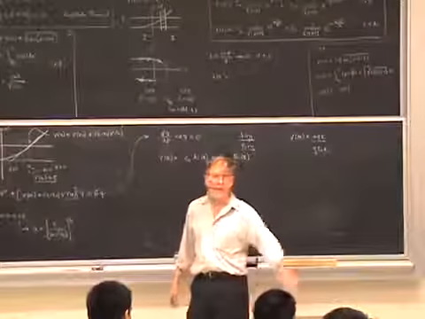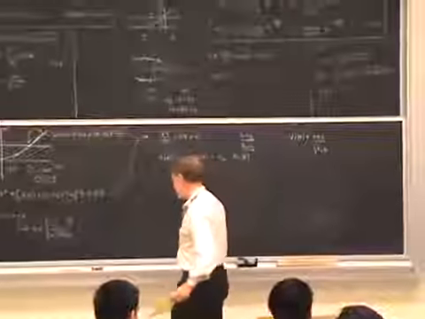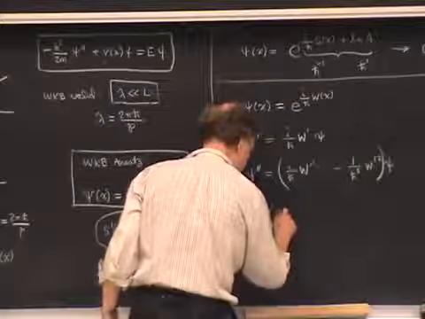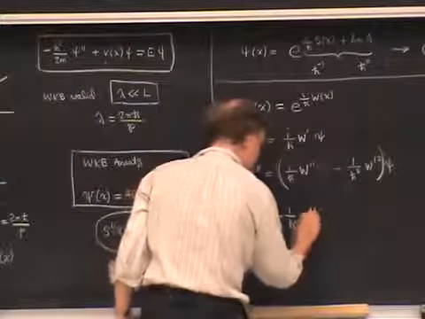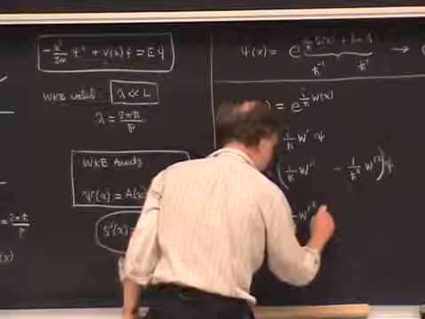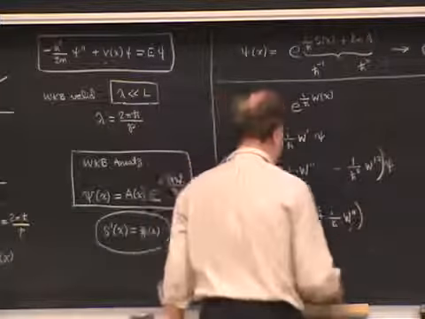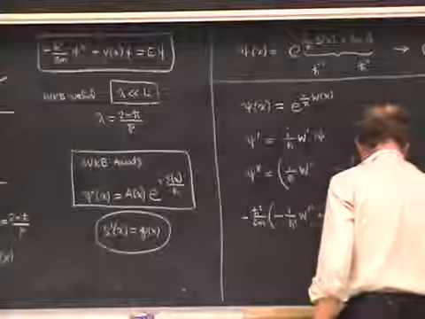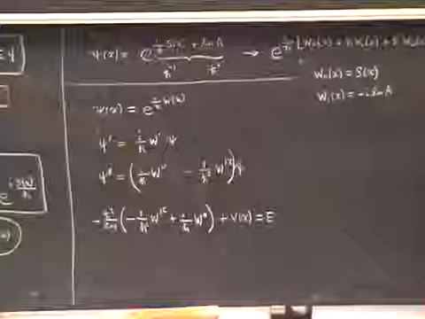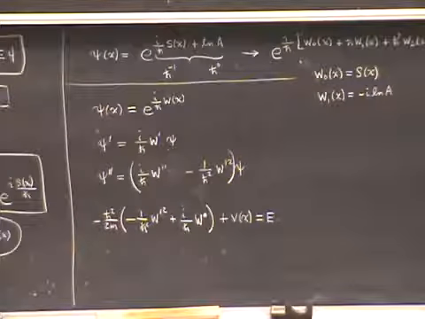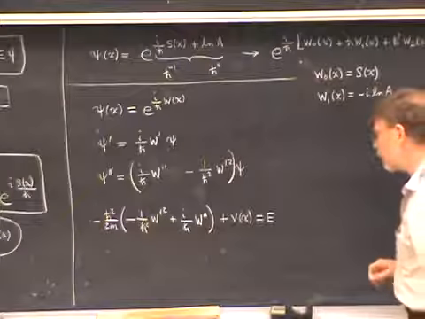For those of you who came in late, this first homework got this thing rated in brackets. I'll reverse the order of the terms: minus 1 over h bar squared, w prime squared, plus i over h bar times w double prime, and then add the other two terms, which is the potential energy V of x, is equal to E. And this is what we get. Let me now just clean this up, multiply through by minus h bar squared over 2m,